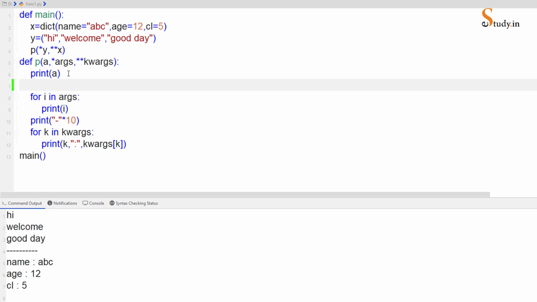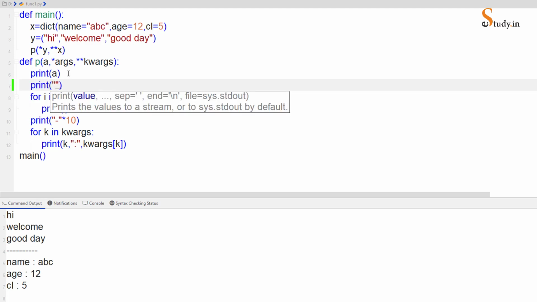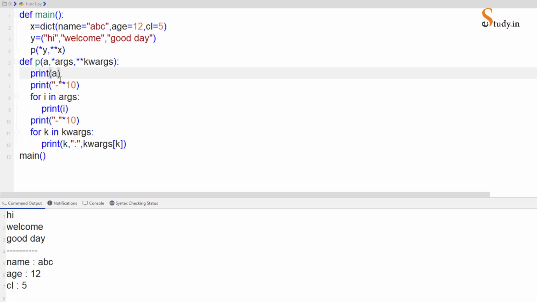Okay, so we'll print a line, and let us have a line again. So you will know, and let me print a message here: the value of a. Here, dot format, and we'll pass a. Okay, so now let us run it.